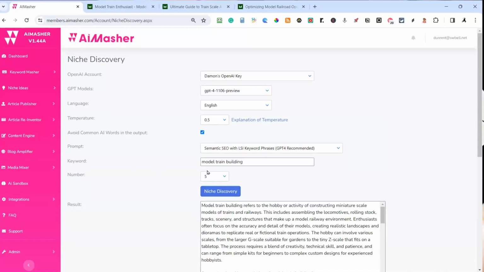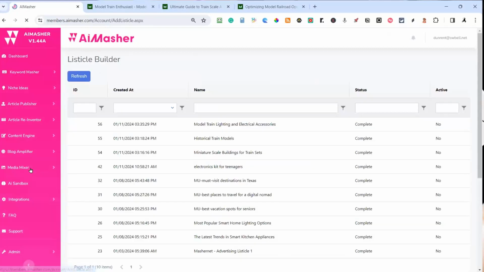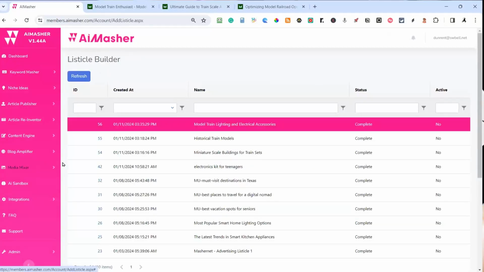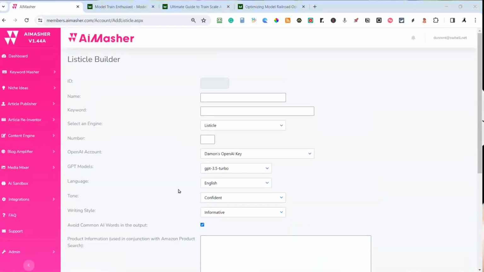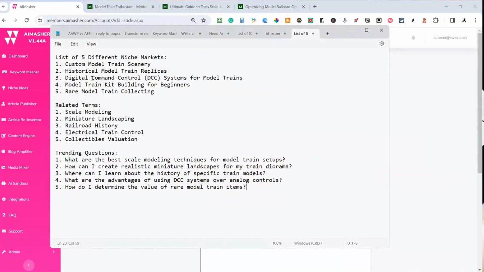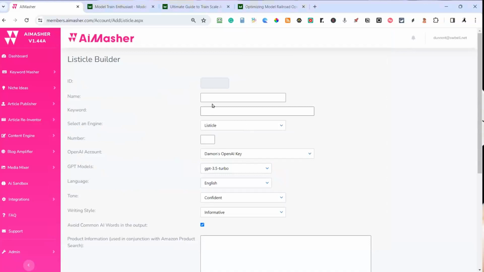I mean, I've got a lot of campaigns being built, but somebody asked, what is listicles? Okay, so I'm going to go into the blog amplifier, and I'm going to build some listicles to go on the back side of these. Come down here and hit add. And remember, I copied those. So I could go in here, model train kit building for beginners. Rare. So let's do miniature landscape